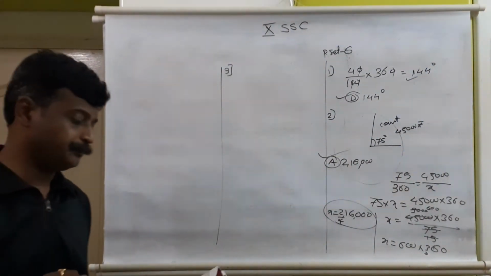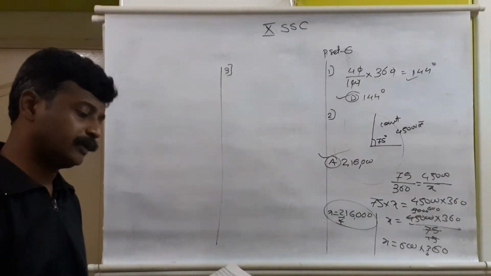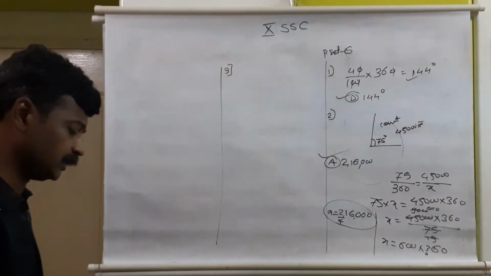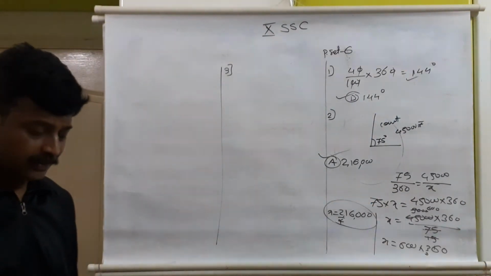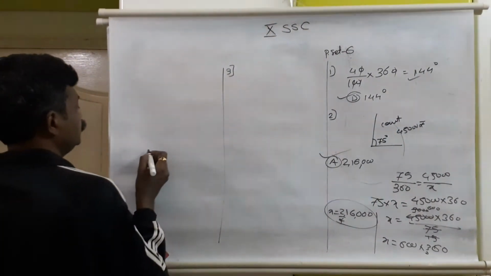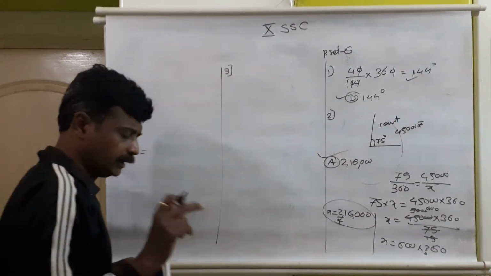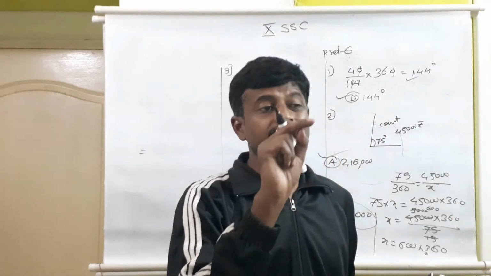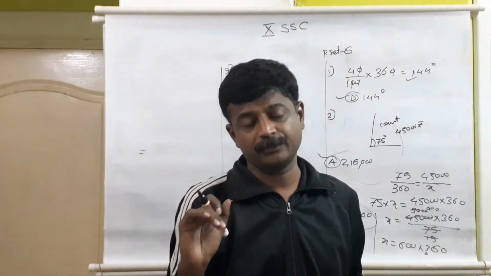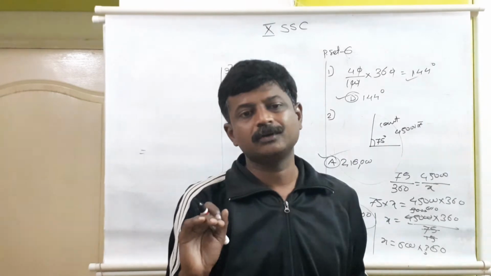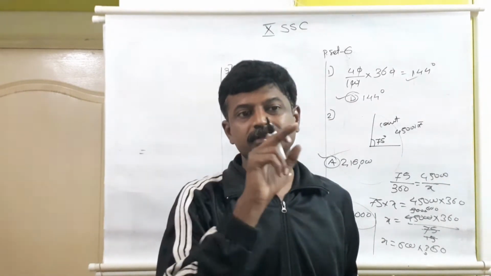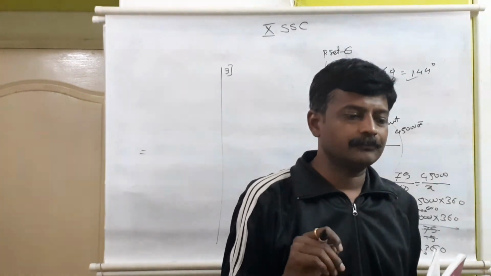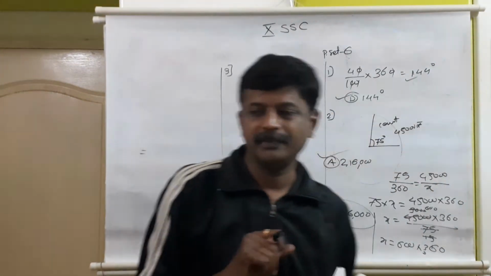So actually here cumulative frequencies in a group frequency table are useful too. Once again I will write the formulas for median and mode, so the confusion will get clear. For the median we use the n by 2 value. With the help of n by 2 we find the first bigger cumulative frequency as compared to the n by 2 value, and that class we consider as the median class.